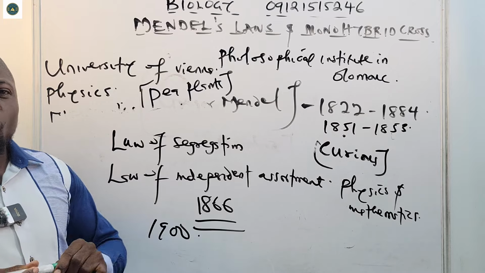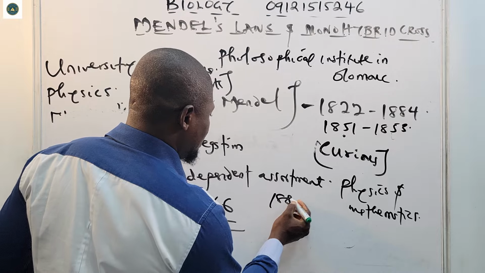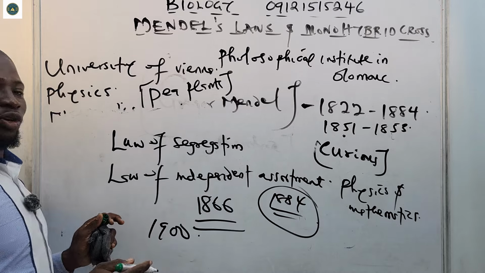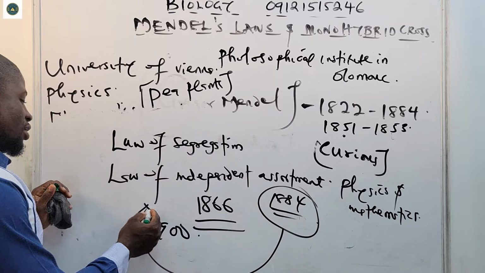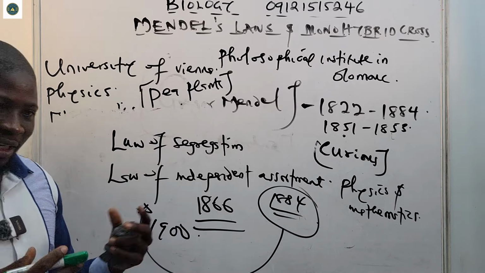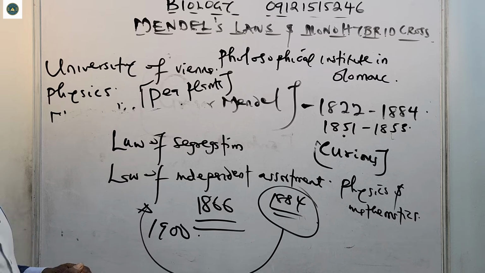Mendel died in the year 1884 without knowing that all the work he had done would lead to a very solid foundation in the world of genetics. His work was rediscovered in the year 1900, and today, you and I know Johann Gregor Mendel as the